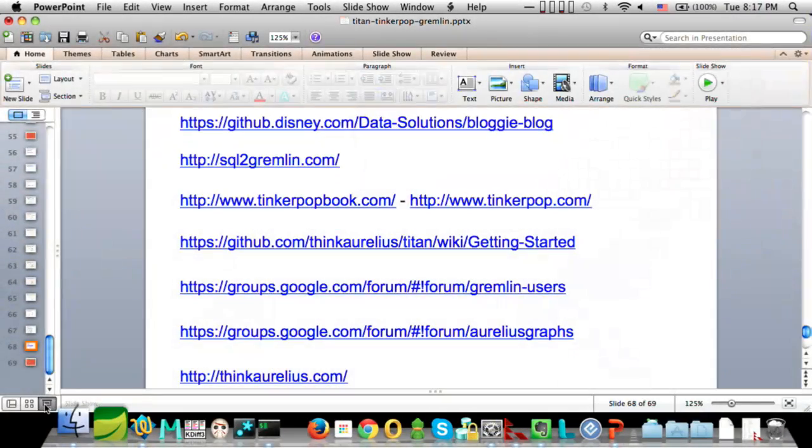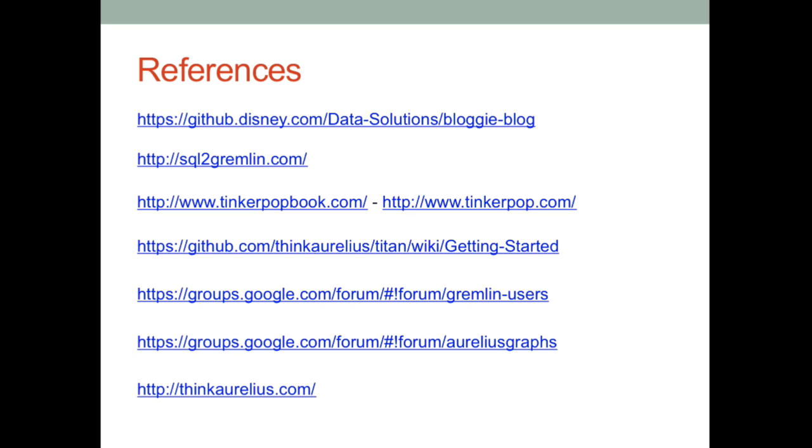There are some additional things to look at. They have MapReduce and so forth, but I wanted to end at least on this slide here. Here are some further resources you can use. An interesting one is a SQL to Gremlin guide, where I pulled some of those examples, where they show common things done in SQL and the analogous way to do it. For me, that was helpful because I come from a SQL background. It was really helpful to gain some intuition by saying, oh, this kind of query that I've seen a million times looks like this in Gremlin.